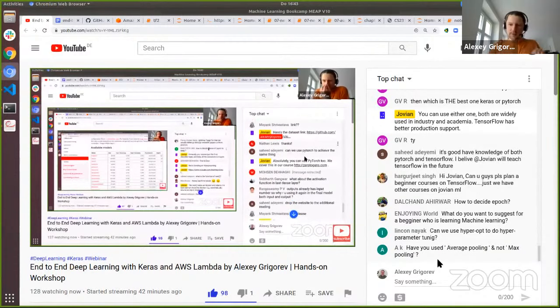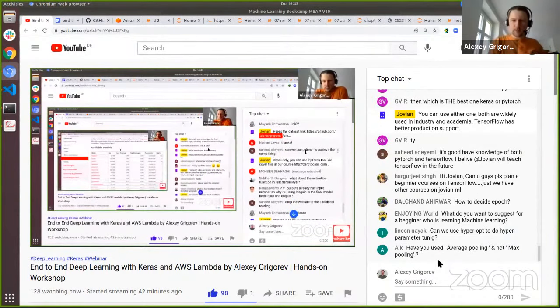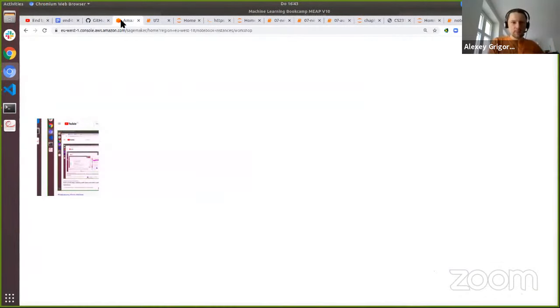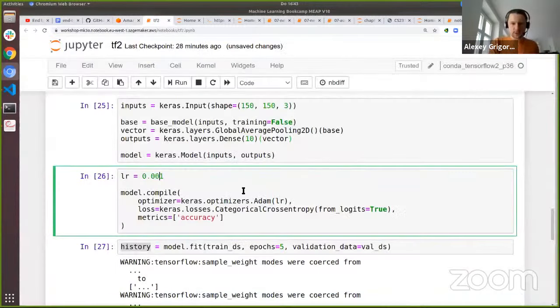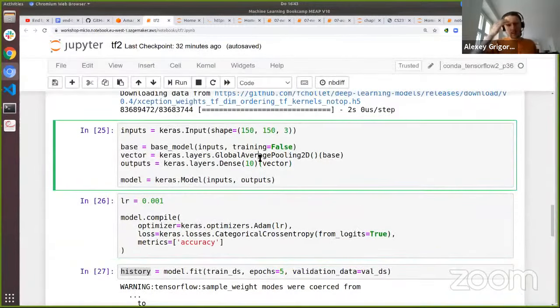I don't know if it's a question for me. Have I used average pooling and not max pooling? Yes, we just did. We just used average pooling. But I typically try not to design, not to